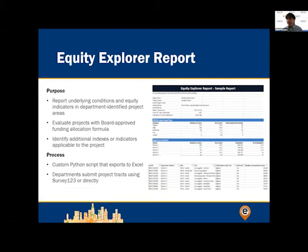We have about 80 indicators that are represented here, ranging from housing, demographics, income, existing county programs such as CalFresh, and other equity-based indexes such as the Social Vulnerability Index, the Concentrated Disadvantage Index, and Healthy Places Index. And so really the main goals of the report are